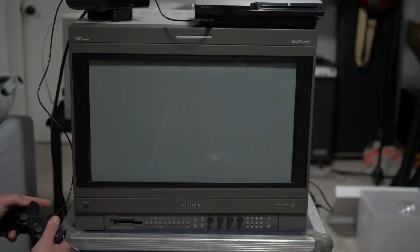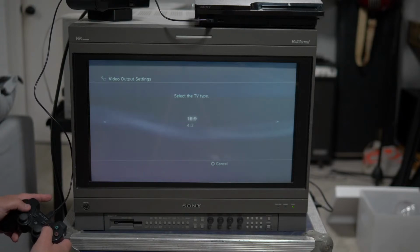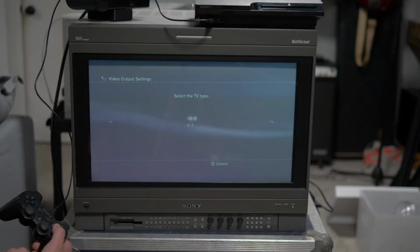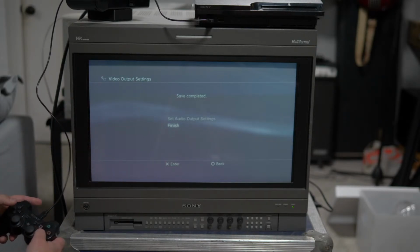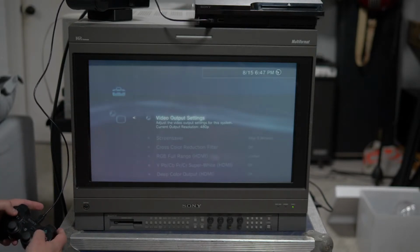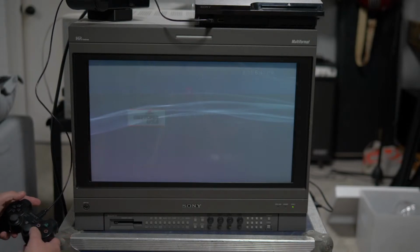So, sticking with 480p. I'm going to manually select 16:9. So, beautiful. Now, let's go back into Daytona. I think we're going to have to reboot it. Sorry, but,